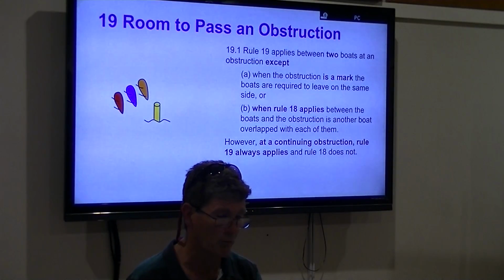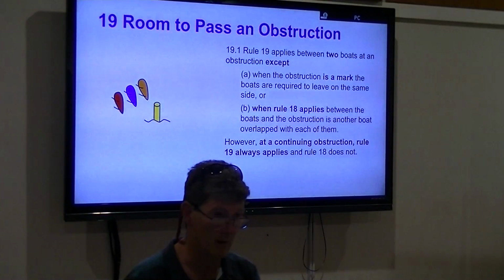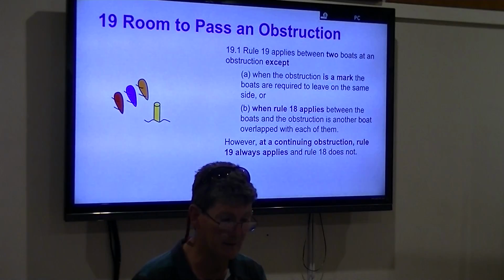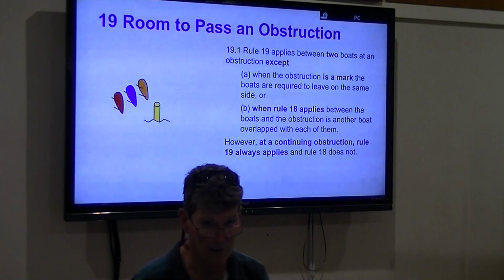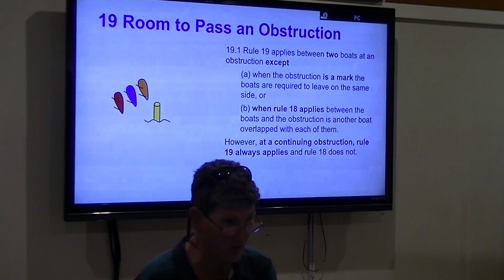Orange is due mark room from blue. Orange and blue are due mark room from red. So red has to give mark room to the boats inside it under Rule 18, which we'll get to. But under the previous versions of the rules,